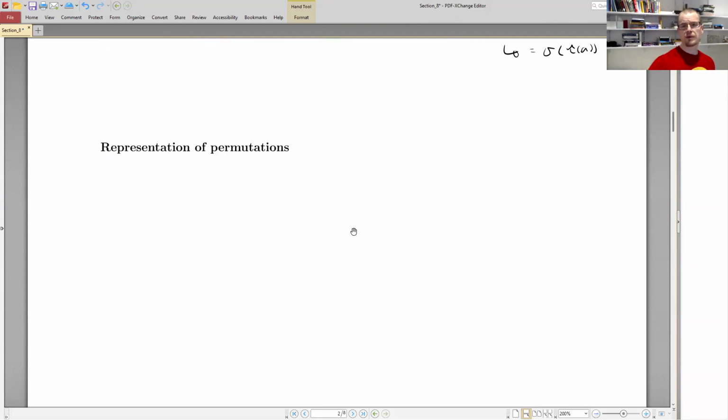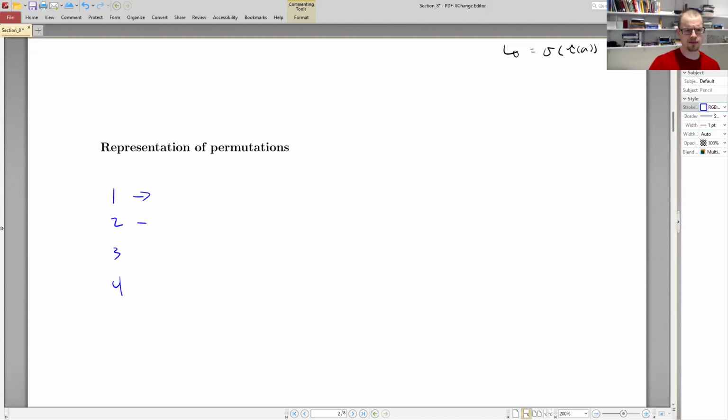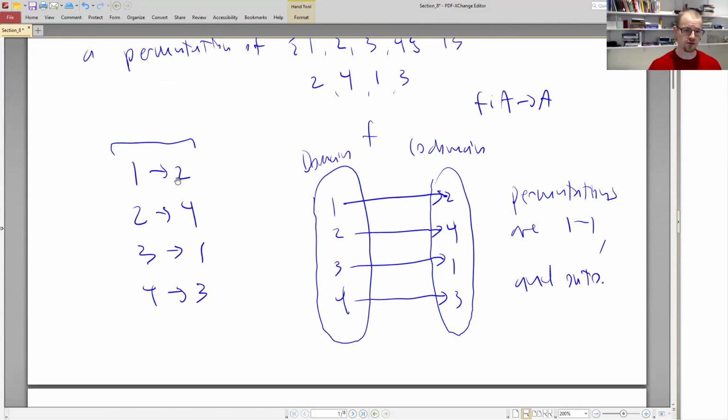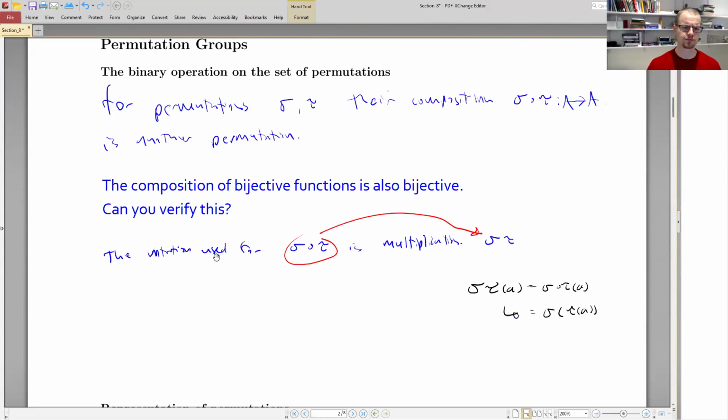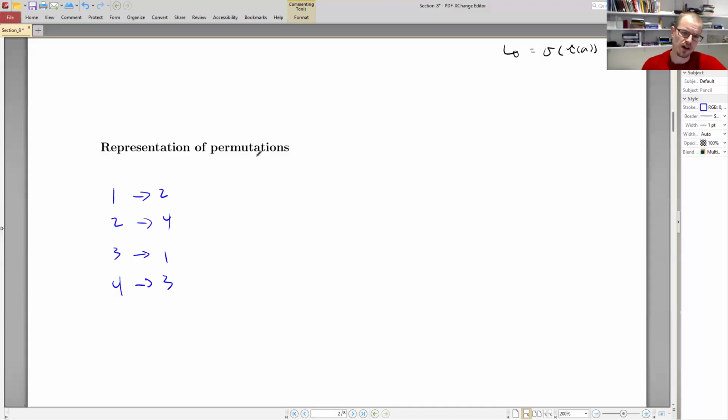So now we want to talk about our representation of permutations. Well, let's use the example that we looked at just a moment ago. So 1, 2, 3, 4 being mapped to something. If I wanted to write all of my permutations in this way, so 2, 4, 1, 3, this would be fine. It's a bit cumbersome. Technically, what we could do is we could also write it as, right, working with 2,